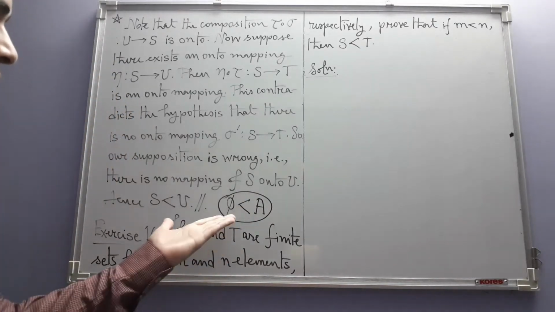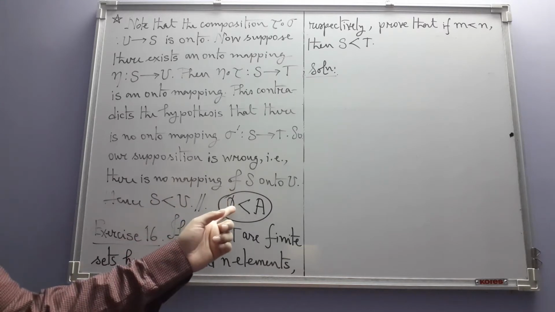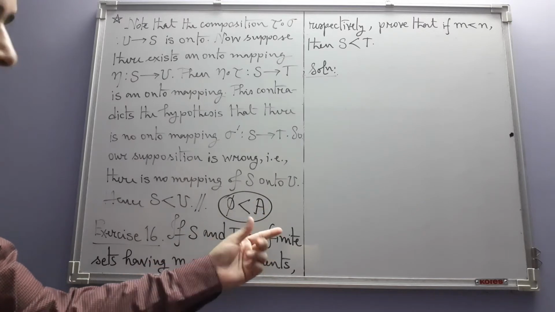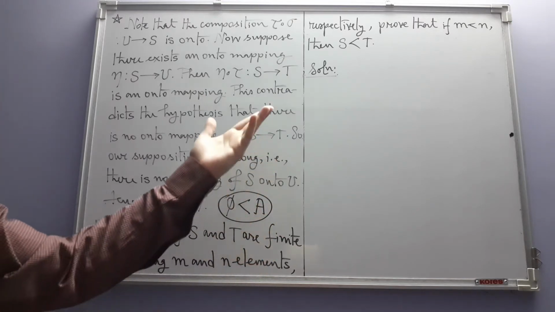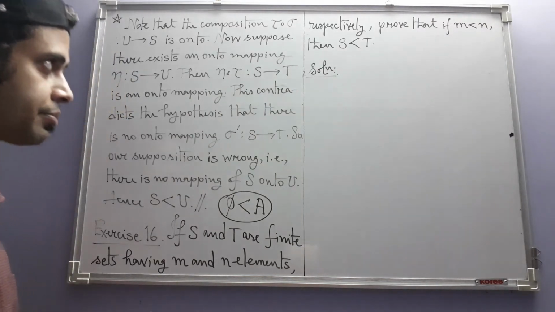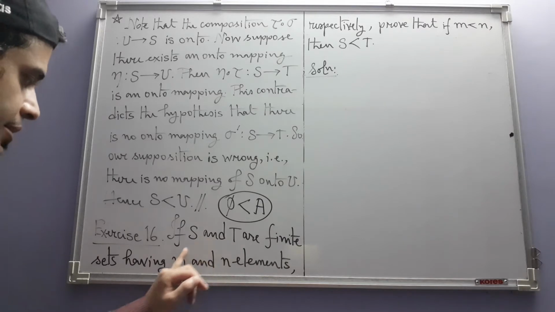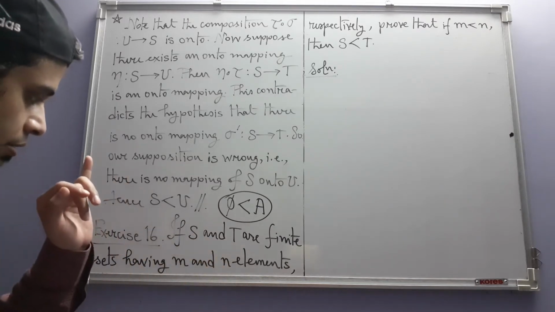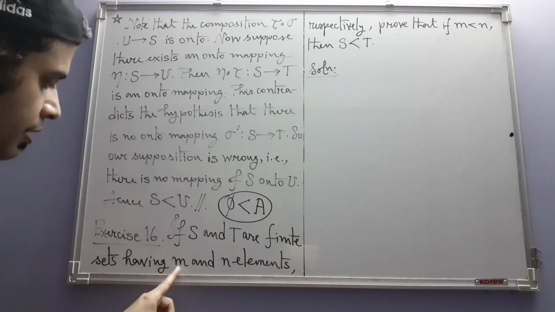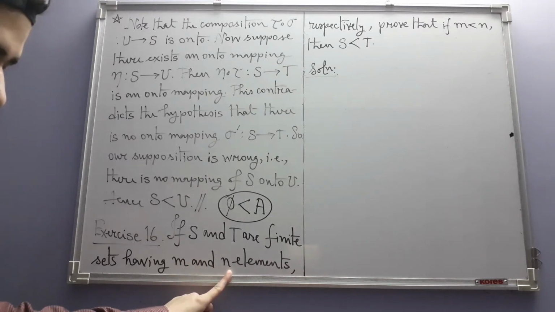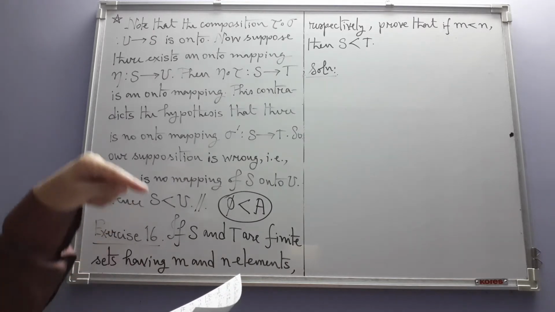Okay, although we can see that the empty set has 0 elements, no elements at all, and a non-empty set has something, so we should have this. However, the definition does not cover this case. So that's why, since it's given that S and T are having m and n elements respectively, we can and we have to assume that none of them is 0. Each one of them is a positive integer, and because of that we can start our solution like this.